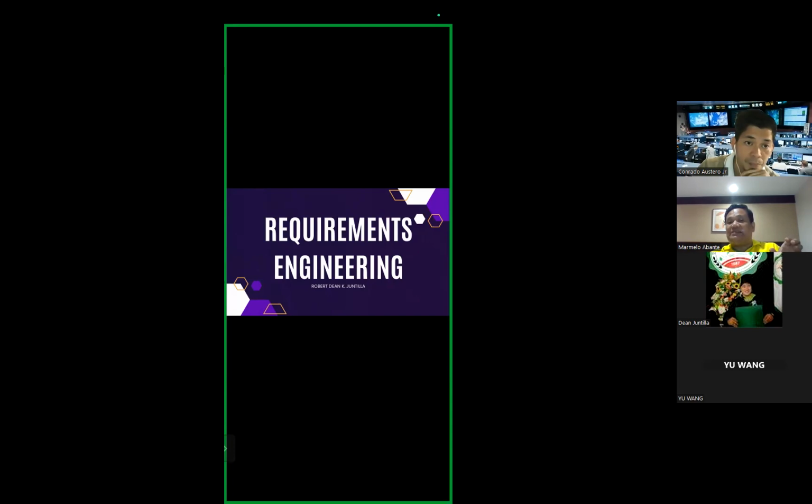The requirements for a system are the descriptions of what the system should do, the services that it provides, and the constraints on its operation. These requirements reflect the needs of customers for a system that serves a certain purpose, such as controlling a device, placing an order, or finding information. The process of finding out, analyzing, documenting, and checking these services and constraints is called requirements engineering, because the term requirement is not used consistently in the software industry.